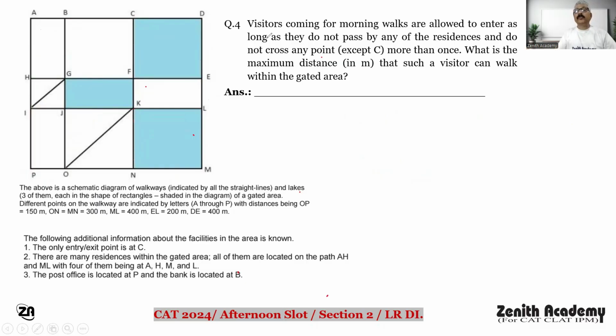Here question number 4. Visitors coming from morning walks are allowed to enter as long as they do not pass by any of the residences and do not cross any point more than once except C. So what is the maximum distance that such a visitor can walk within the gated area? Point is to be noted here. Do not cross any point except C more than once. So okay, suppose C took entry from here, then C to B,